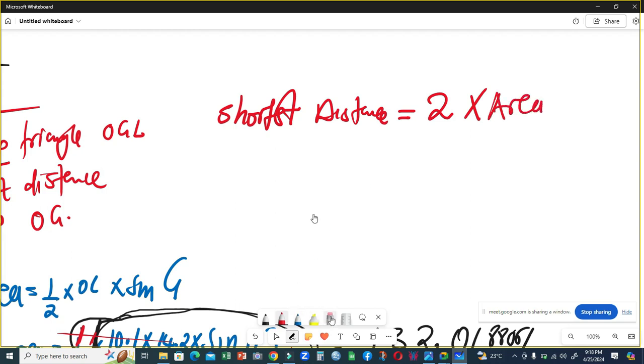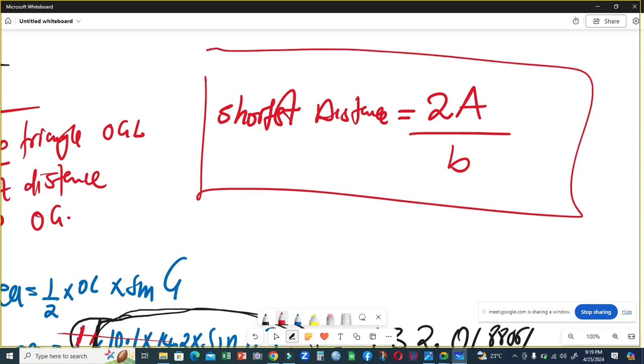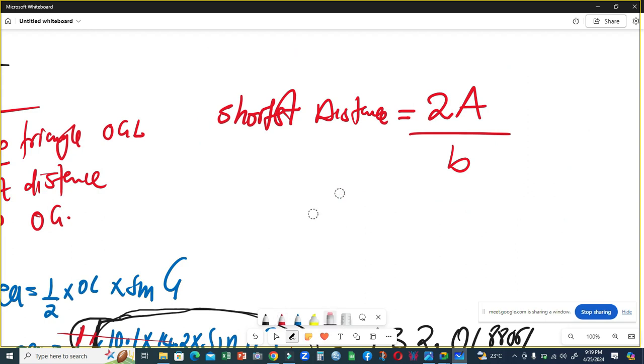Let me just use the initials: shortest distance equals 2 times A over B. This is the formula that you need to use for a shortest distance. Now we need to know the meaning of A and the meaning of B. That's the important part. So I'll say, where